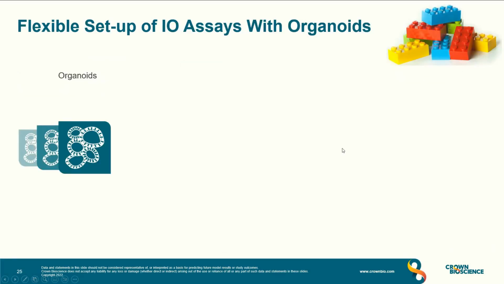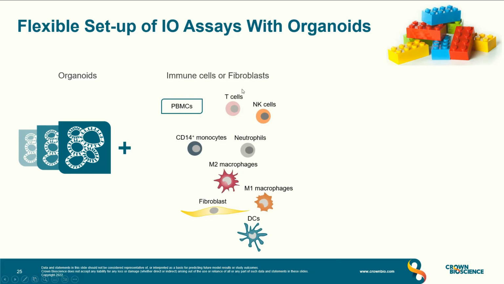And that's where I want to leave it for today. I hope I convinced you that there are already multiple flexible setups that we can use for different immune oncology approaches, and also to help us with studying the cancer immunity cycle, especially the suppressive part of this cancer immunity cycle. I provided now an example where we use organoids in combination with quite a variety of myeloid cells and